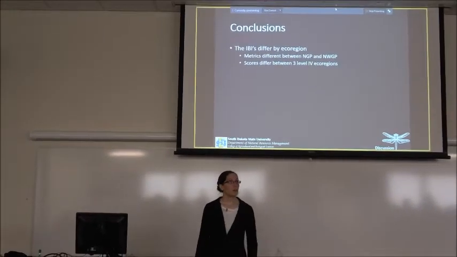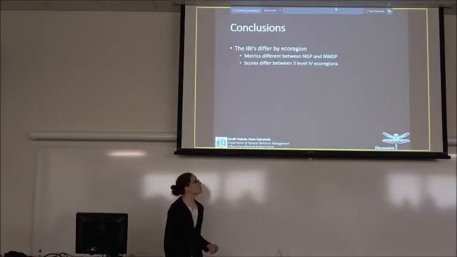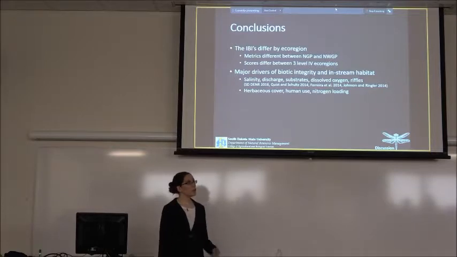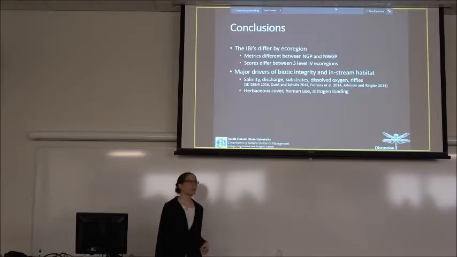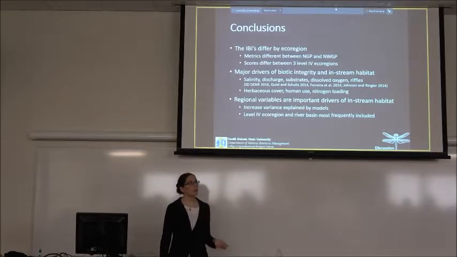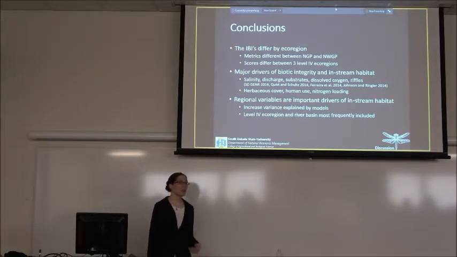We have different metrics by level 3 ecoregion, and we're seeing some differences in scores by level 4s. We identified major drivers of biotic integrity and of in-stream habitat, which include things like salinity, dissolved oxygen, herbaceous cover, and human use in the watershed. And finally, we did find that regional variables seem to be important drivers of in-stream habitat, given that they seem to increase the percent of variance explained in our models,